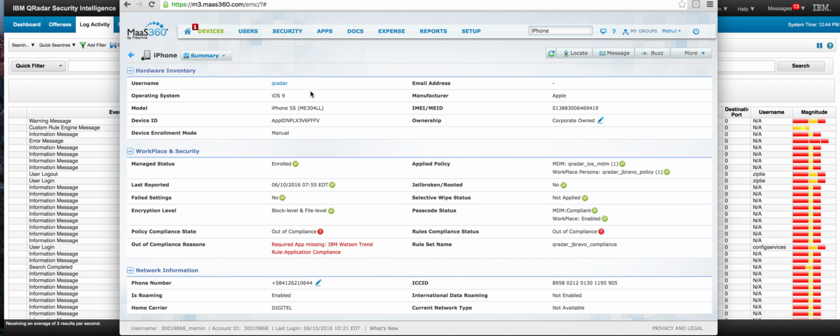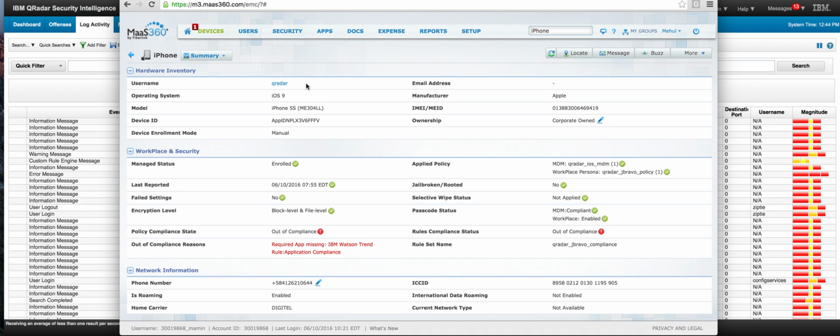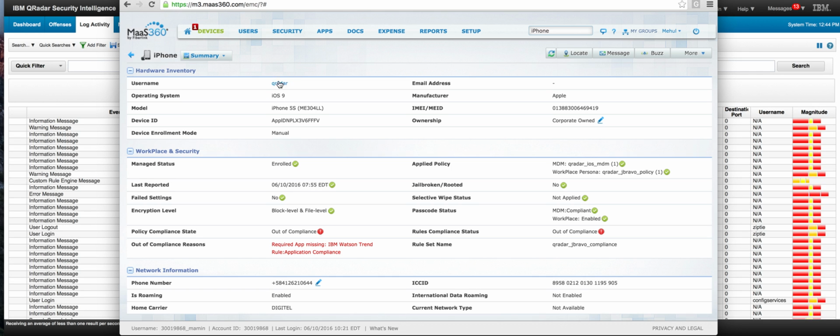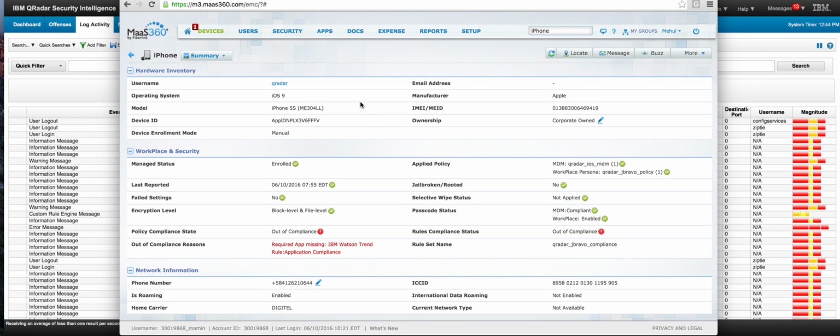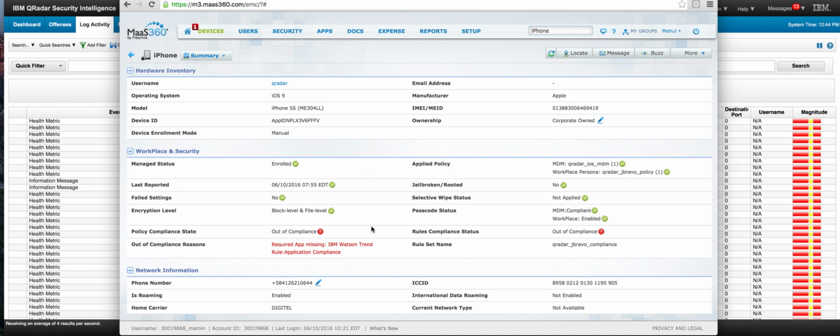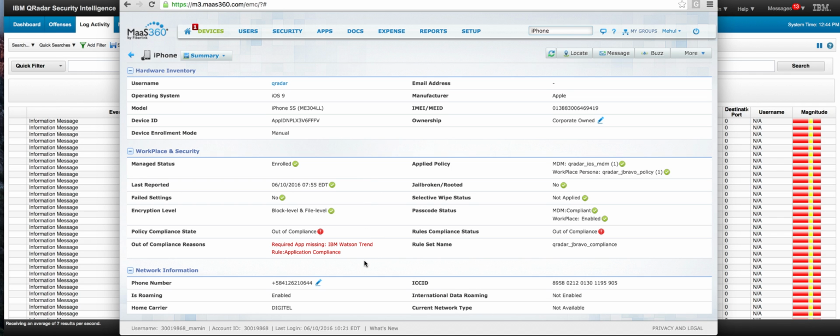Here in the Maas360 console, we can see a device. It's an iPhone 5 that I registered into the system. The username that I put in is QRadar, and we can see I defined a policy that says you need to have several applications. One of them is the IBM Watson Trend application, just for the sake of the example. And I don't have that installed on my phone, so my phone is regarded as out of compliance per that